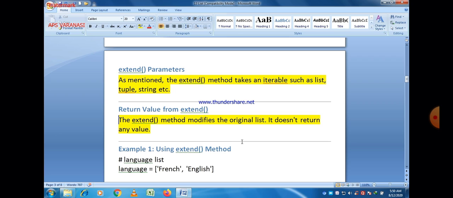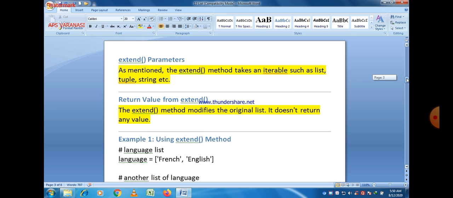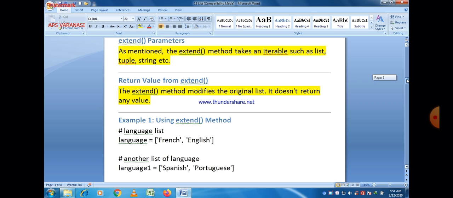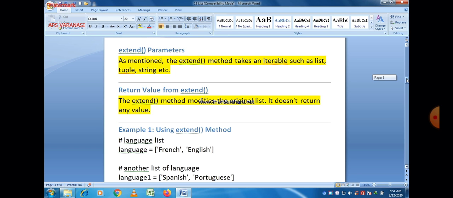So example 1 is here, using extend method. There is a small example here. There is a language list, so name of the list is language, and two items are there, French and English.